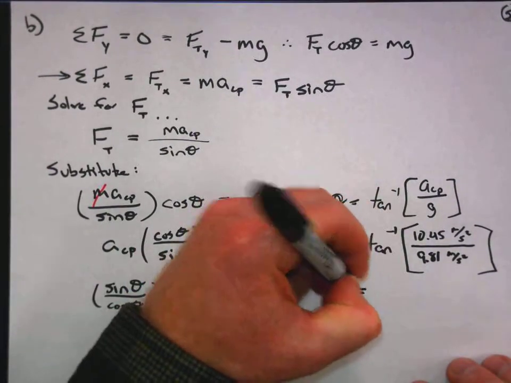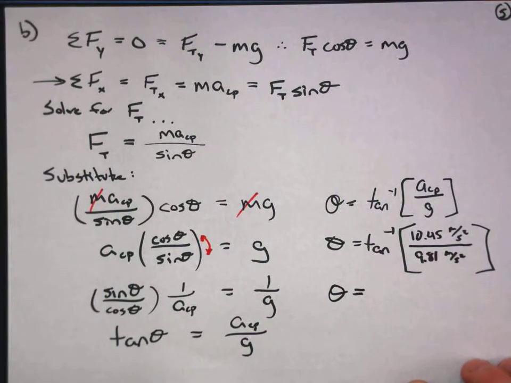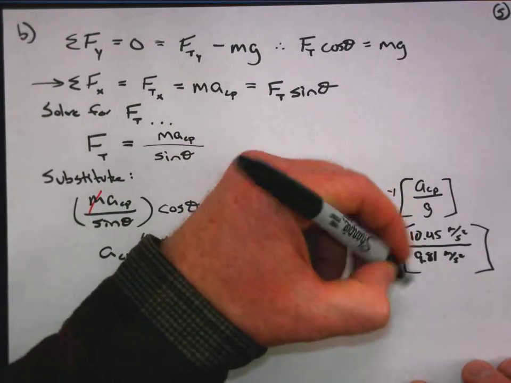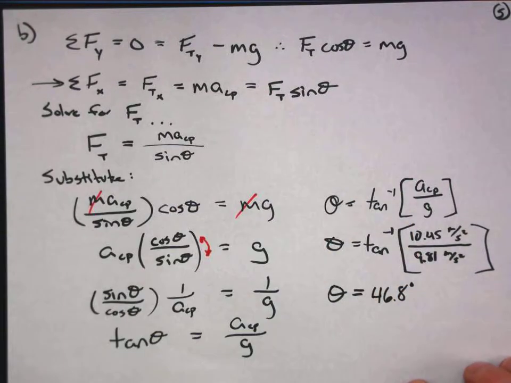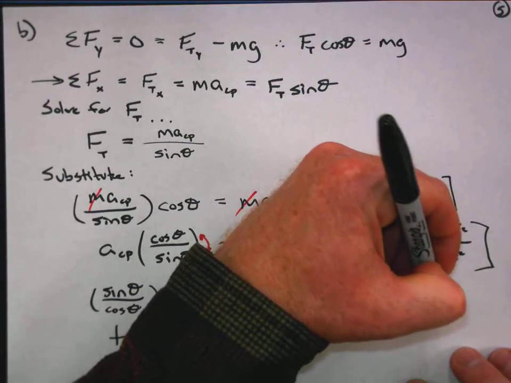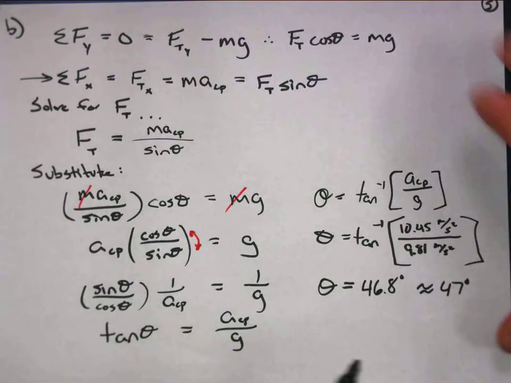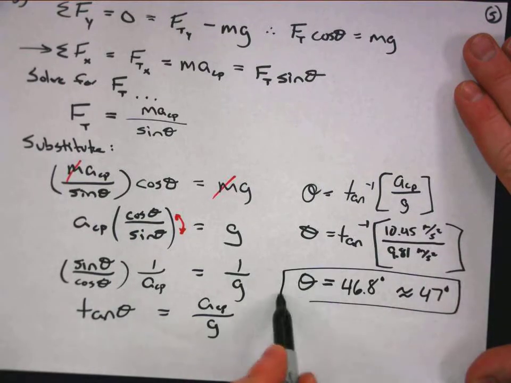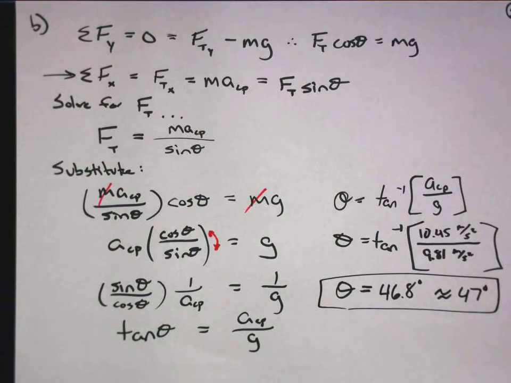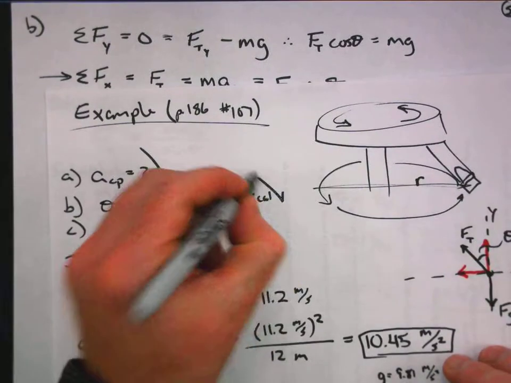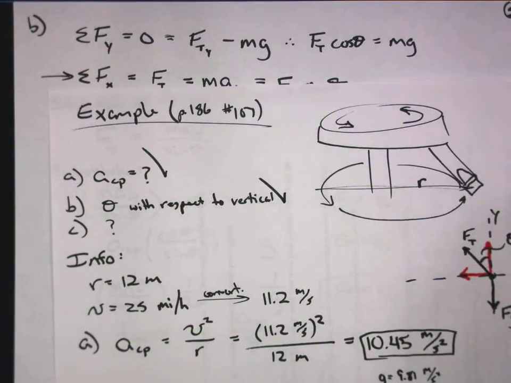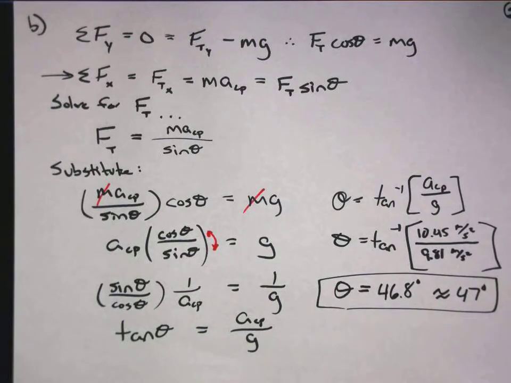So what we get when you do this is theta seems to be equal to, depending on how many sig figs you like, 46.8, about 47 degrees. So we've answered that question about our situation also now. So I can come back here and I can go check. All right. Now the last question, part C, question C, was really about mass, and it wants to know